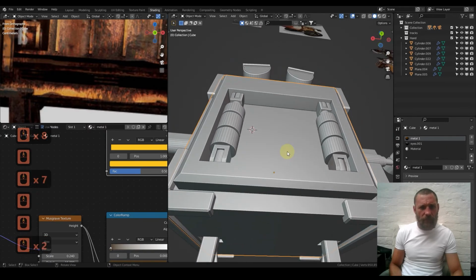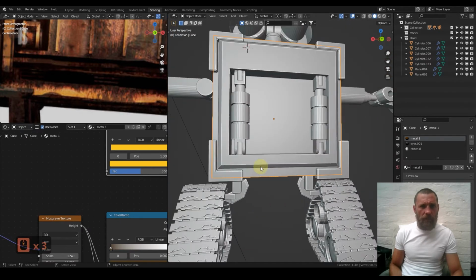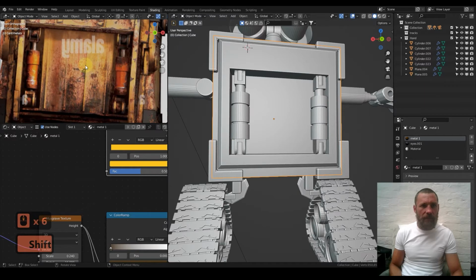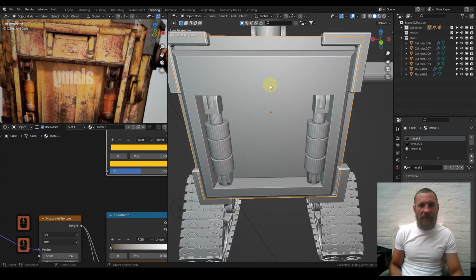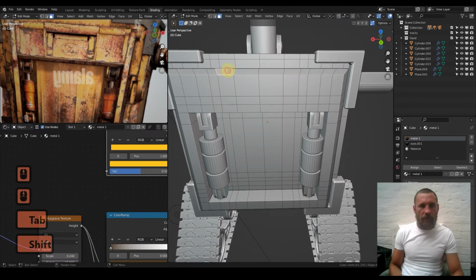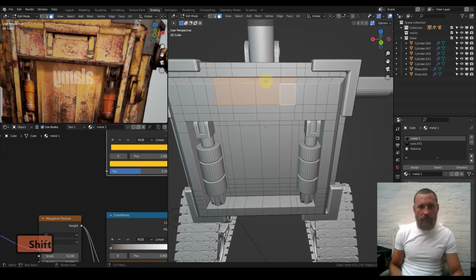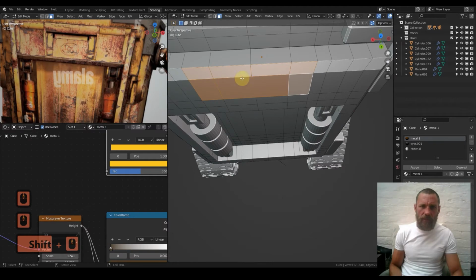I'm just trying to figure out what the hell to do, I'll be honest. It's the back. You know what? Nah, we don't need to do any of that. We'll just add a bit of detail regardless. And I'm going to do that by